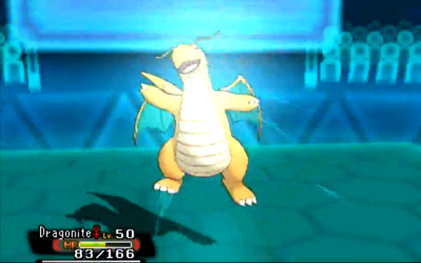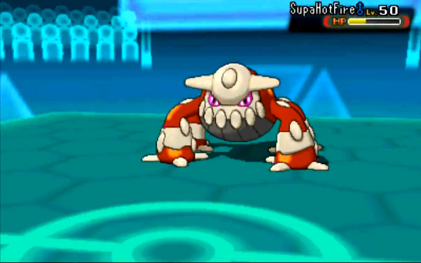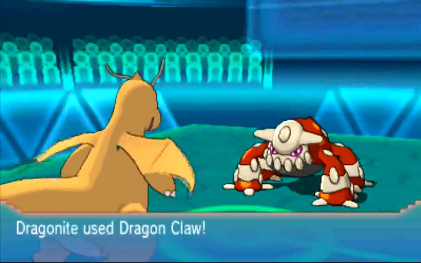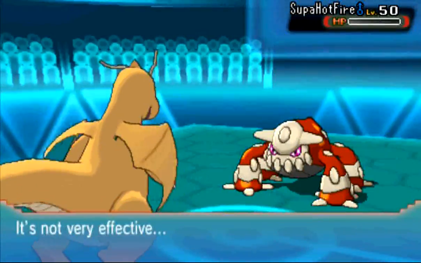So, yeah, he just keeps going for that. As you can see, I'm healing a little bit more with Roost than he can deal, so I'm just going to go for the Dragon Claw now. With the boosted attack, I can actually 2-hit KO him from there with it, so that's pretty nice. I do survive the Flash Cannon as I thought I would, and I do take out the Heatran, which is